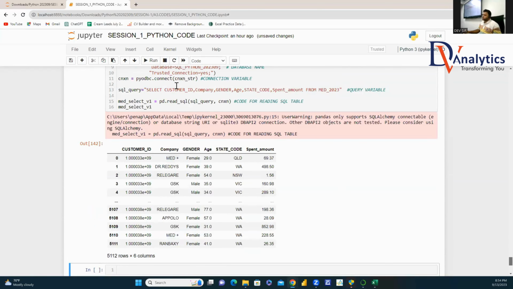You just have to remember this code. If you ask me, sir, without seeing this, can you write the code? I'll say no. Right? So next is going to be,